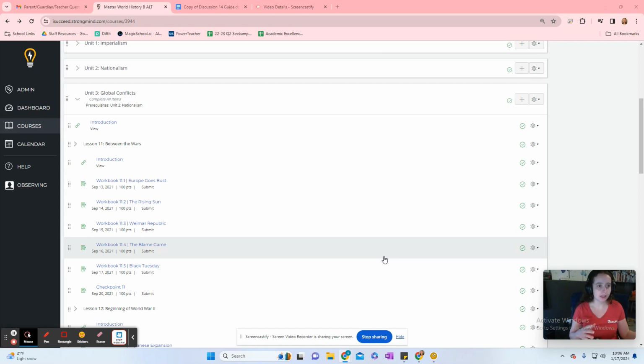In this unit, you're essentially going to be picking up exactly where you left off with the end of World War One. You were looking at the interwar period, and now you're going to look at what happens when things go really, really wrong, which happens during the Great Depression. The Great Depression did not just affect the United States, it affected the entire world.